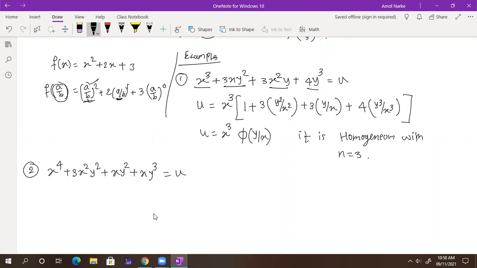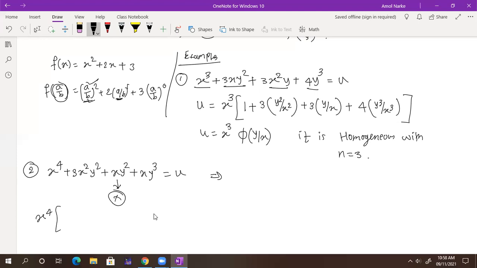No, sir. Why? Sir, the third term, if we sum its powers, the degree is 3, so it is not homogeneous. Very good. So you cannot write it down. If you still try, if you still take x raised to 4 common out, okay, it is not. We know that, but I just tried what I will get.